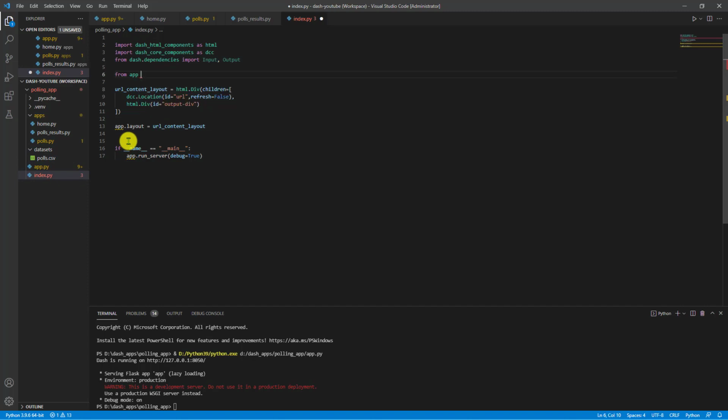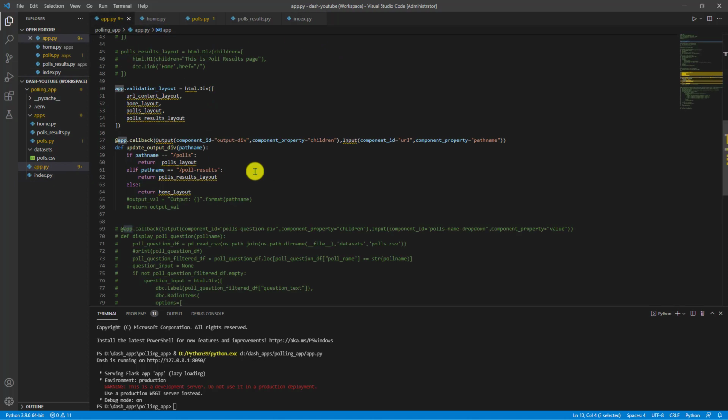Okay, so that will fix this guy over here. If you see it, right, index.py is not complaining about anything now. Now we can safely move these callbacks. So let us move this one as well. So copy.